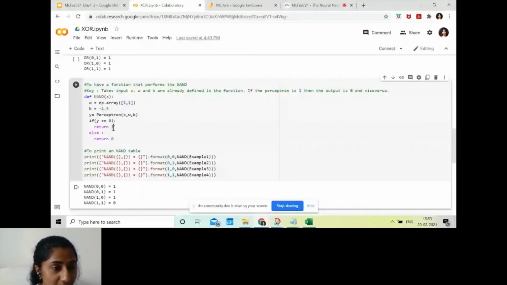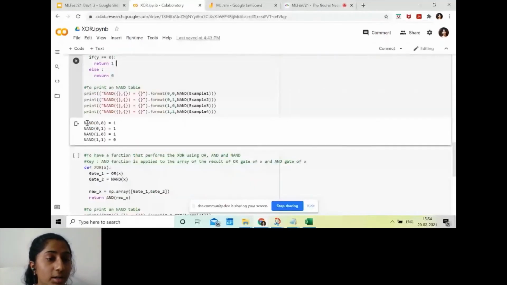So you can either do this or you can apply different values for W and B. But here I use the same values as AND and just made a NOT function, an easy NOT function. And when we print out these values, we get NAND 0, 0 is 1, NAND 0, 1 is 1, NAND 1, 0 is 1, and NAND 1, 1 is 0.